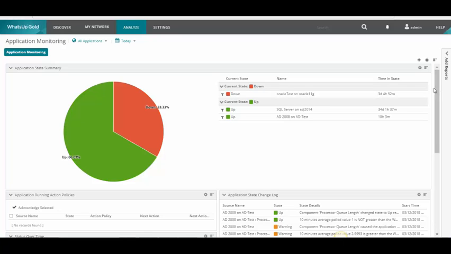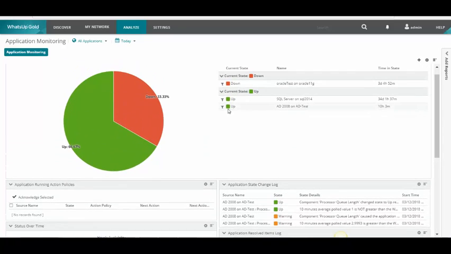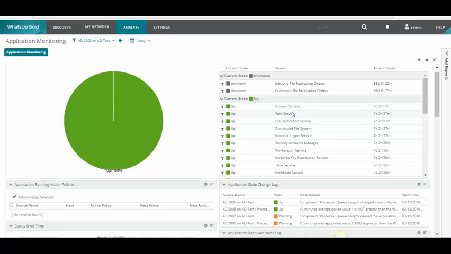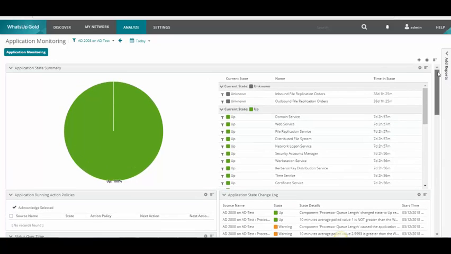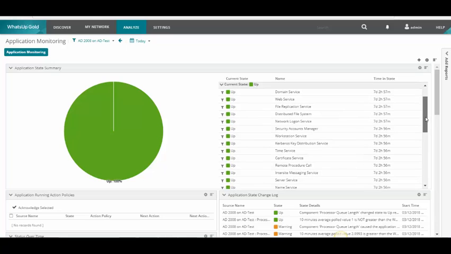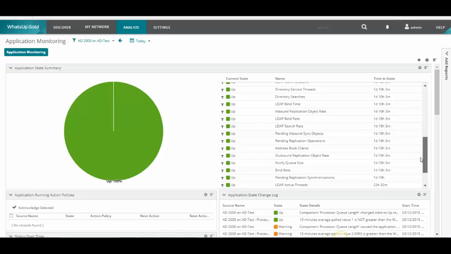For instance, right now I am looking at Oracle, SQL, and Active Directory. Let's take a look at my Active Directory server. So again, a profile is a combination of all the components that make sense to monitor on that device based on manufacturer standards and best practices. So as a part of Active Directory, these are all the things that I'm monitoring. I'm monitoring some services, some WMI counters to determine the state of Active Directory.